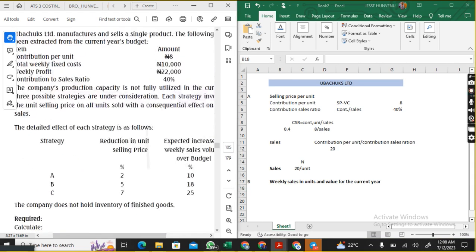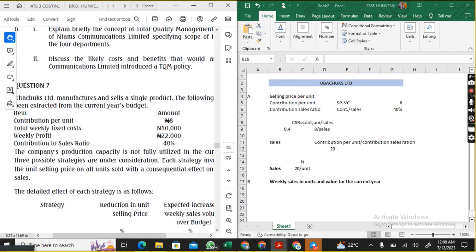In the question, we are given contribution per unit, fixed weekly cost and weekly profit. If we are calculating the total sales required and we are given a target of profit,